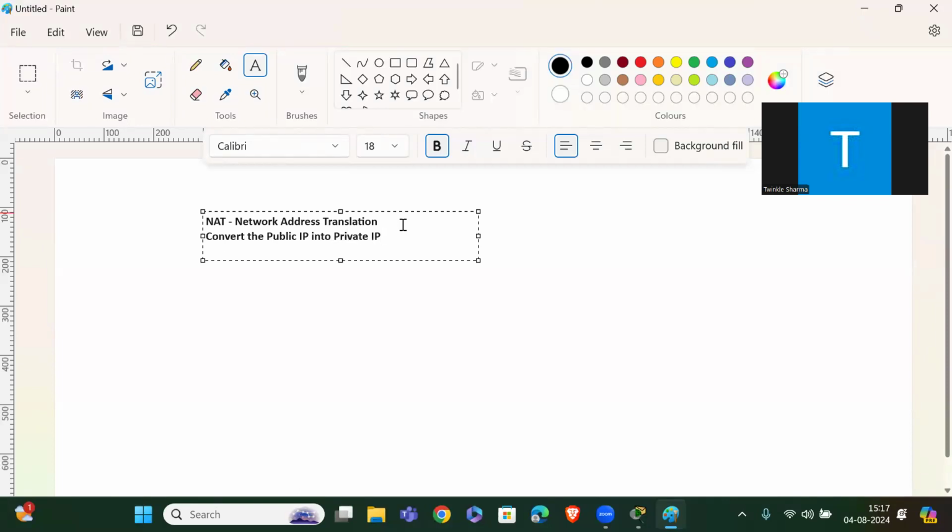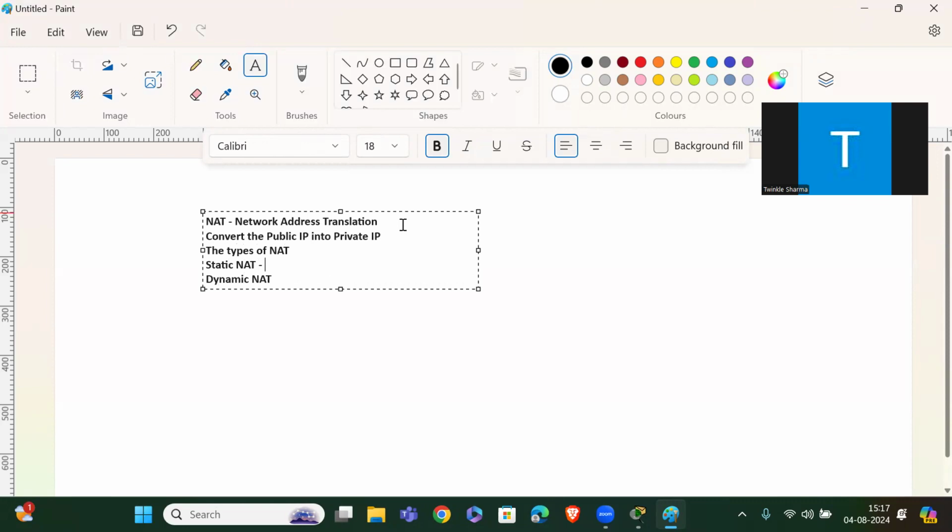Okay. So, before going further, we have to discuss the types of NAT. First is static NAT, second is dynamic NAT.